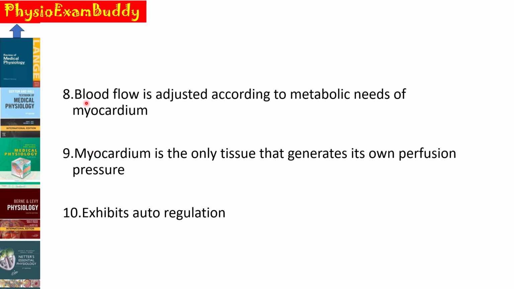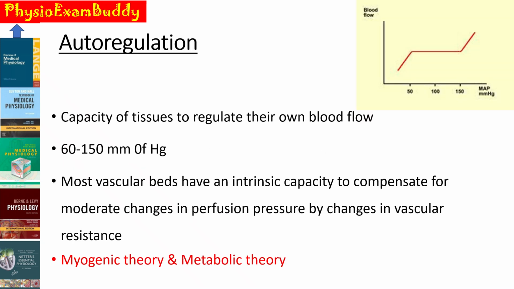Next special feature is that the blood flow is adjusted according to the metabolic needs of the myocardium. And the myocardium is the only tissue that generates its own perfusion pressure. And the last special feature, and the most important special feature of the coronary circulation, is that they exhibit auto-regulation. Now, what is this auto-regulation? There is a capacity of the myocardial tissue to regulate their own